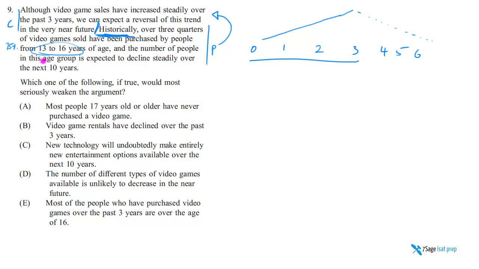And the number of people in this age group is expected to decline over the next 10 years. So the number of people from 13 to 16 years of age is expected to decline. I guess people are having fewer kids or something. Whatever, we believe this statement. We have to take this statement on its face. So the argument goes that our key target market, 75% of people who buy our video games, how many people are there? Let's say 100 million people within this age group. But it's expected to drop to like 90 million, 80, 70, 60, maybe 50 million over the next 10 years. So that's why we expect this increase to go down.